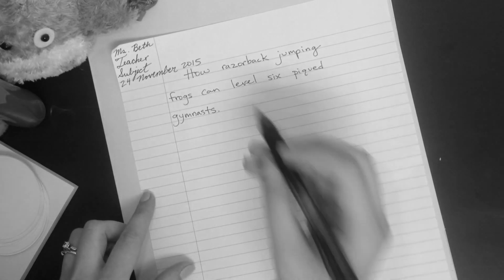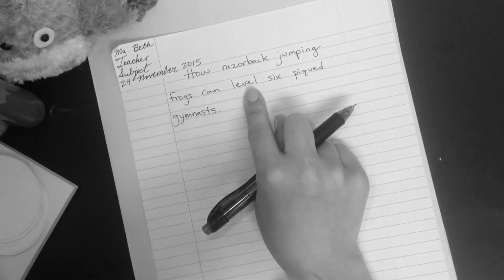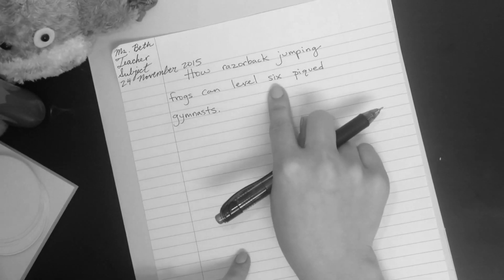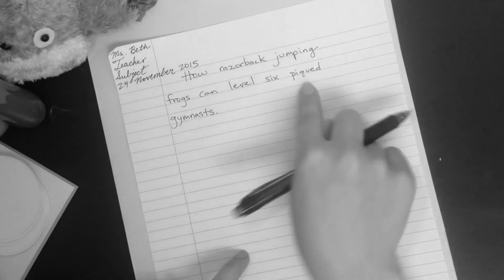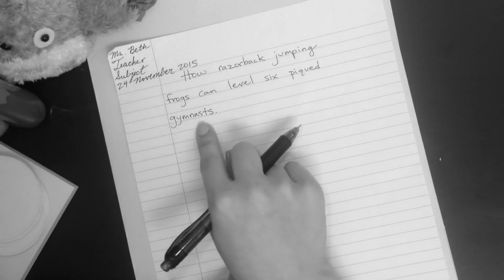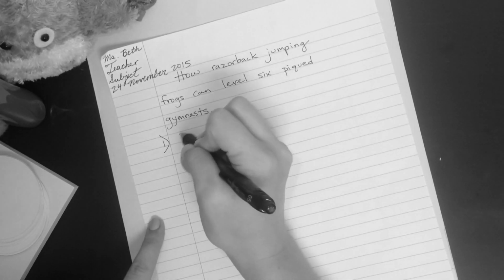All right, our next pangram. How Razorback jumping frogs can level, which might mean to knock down, 6 peaked gymnasts. So they're annoyed gymnasts. All right, number 1, how